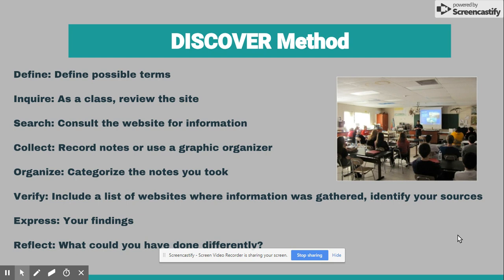So remember, with the Discover method, this is something you want to do with your students. This is how you want to show them thinking about searching through that plethora of information that's out there and narrowing down their sources, as well as looking at the sites you're going to. And I know I use pancakes, which is a very lighthearted example, but if you're doing something very maybe very political or something that you need to have a lot of consideration with, they're going to want to look